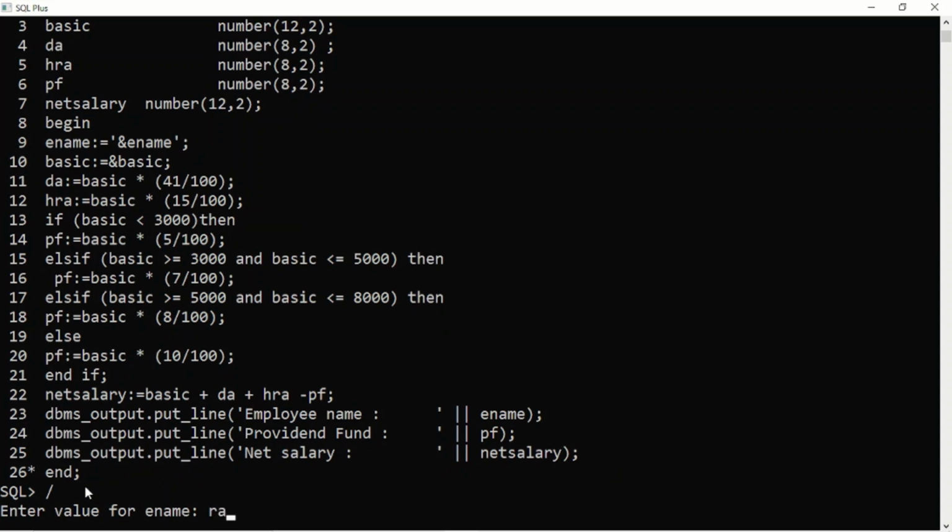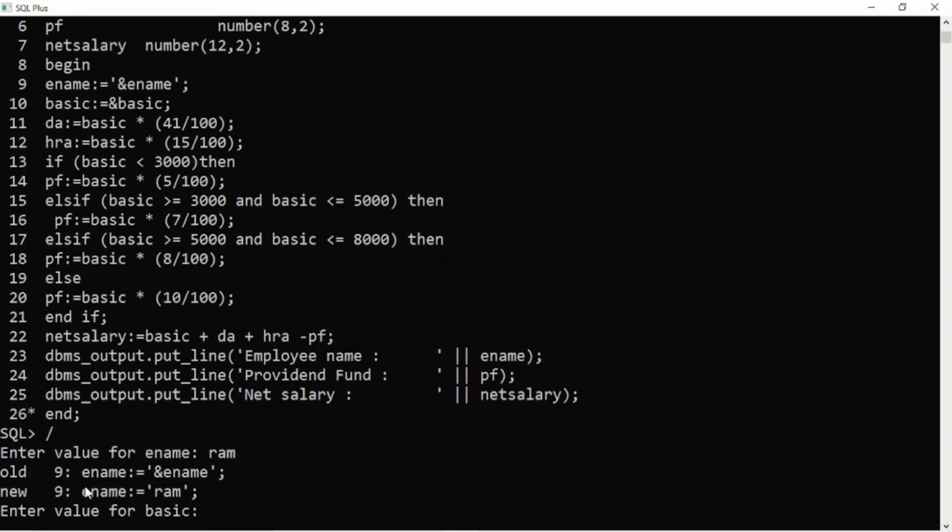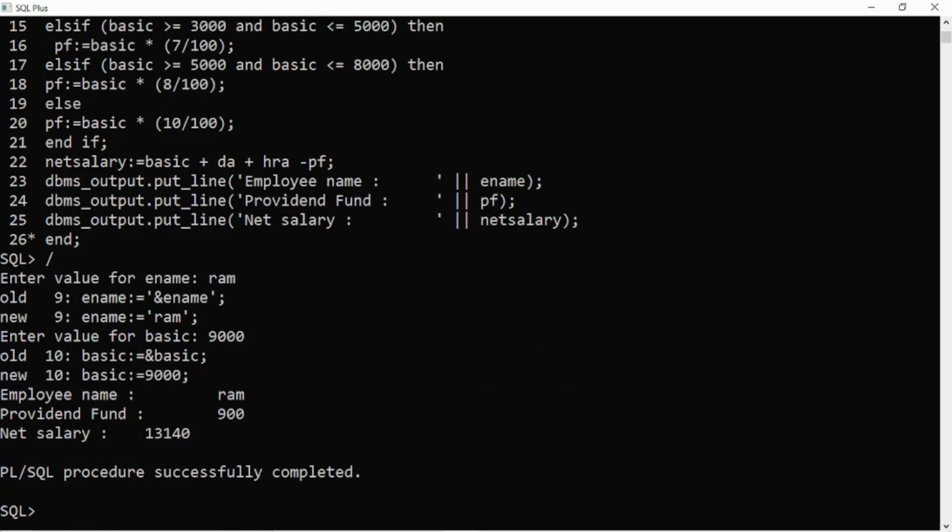I am giving Ram as a name, then I am giving 9000 as a salary. So we are getting, see it here, employee name is this, provident fund is this, and net salary is this. That's how you will be able to use the if else ladder.